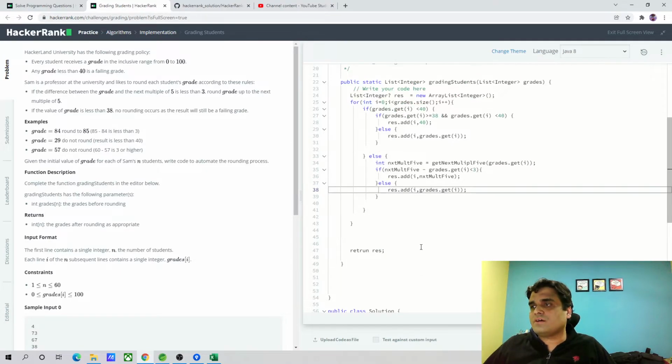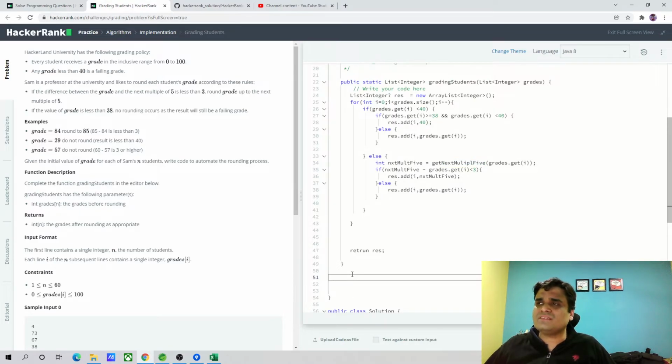So now we have to define this next multiple function. As I mentioned, the rules are very much simple, if then else, and you can code it. The only critical part is how to identify the next multiple of 5. What will be the next number, right? So in this case, we will declare the function, and we are passing the input number integer n. Simple. So the rule is,